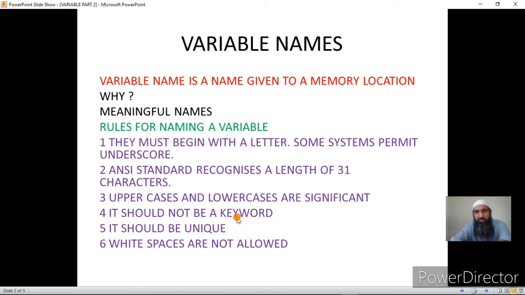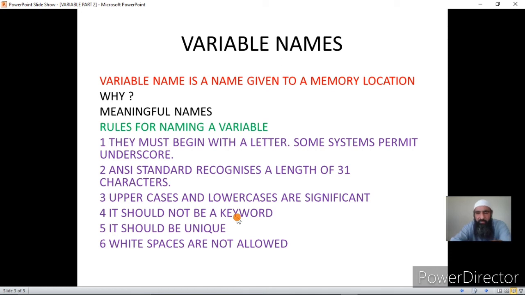Variable names are called user defined names. They should have been called programmer defined names, but we call certain names that are created by the programmer user defined names. One example of user defined names is variable names. There are other examples also, but the rules for creating such names will be the same. For example, if you name functions in C, the same rules will apply there. That a function name cannot start with a digit, or you cannot have spaces in function names. Same case with array names. I have used the names of functions and names of arrays here.